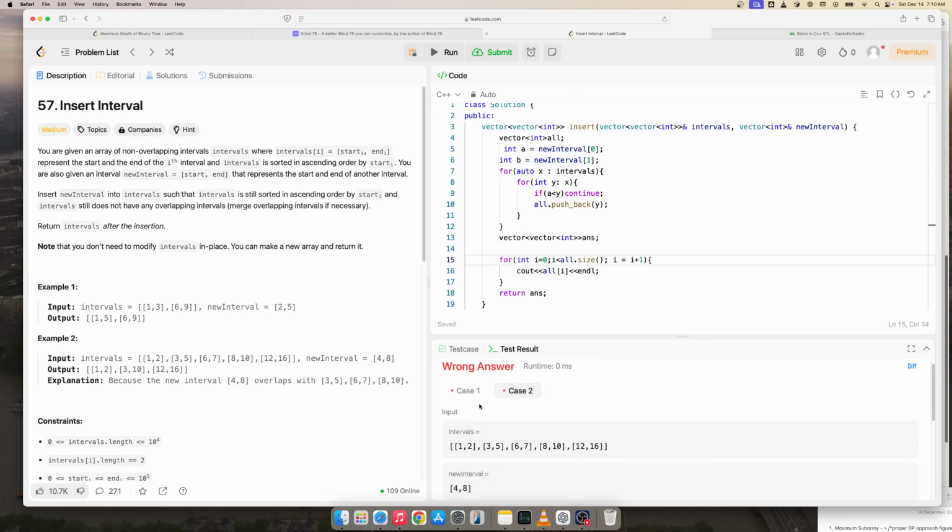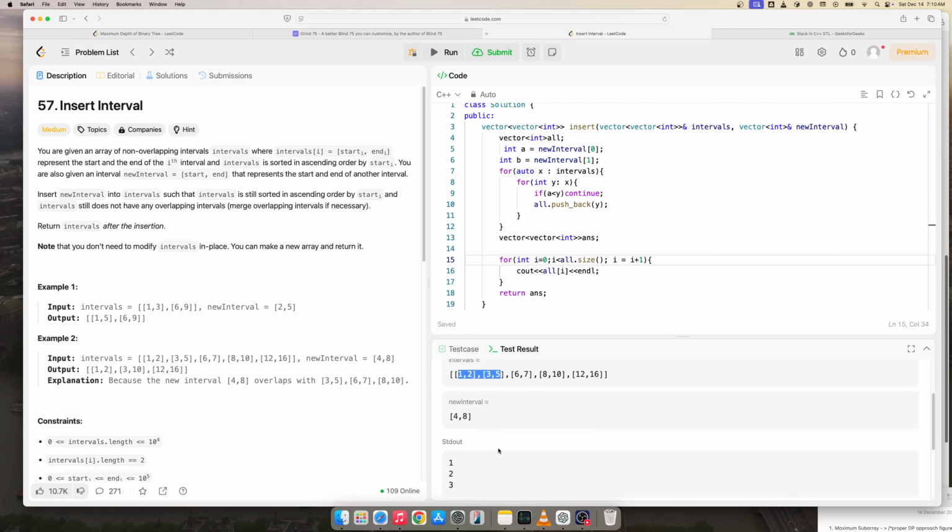So I'm saying while A is less than Y, and Y is the element of this, like 1 and 2 and 3 and 5. Okay, so we had it as 4, so we were able to go till 3, and that is fine. So we have pushed Y, and we'll push